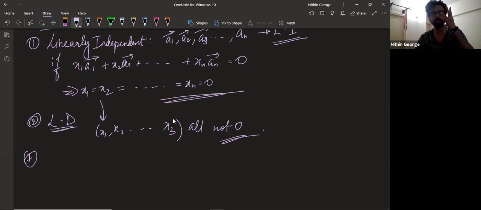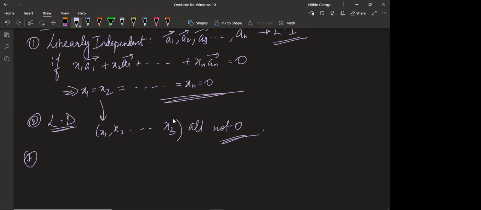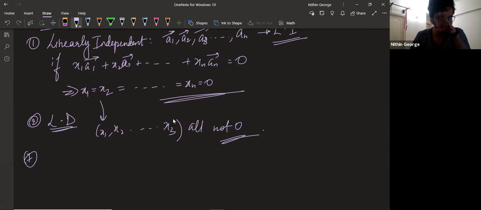Now, we know that any three non-coplanar vectors are LI, right? I'll just explain the 8th point here. The 7th point leaves some space. The 8th point I did like this. Any four vectors in 3D space is LD. Now, any three non-coplanar vectors are LI? Yes or no? Yes, sir. Why? Why is that the case?